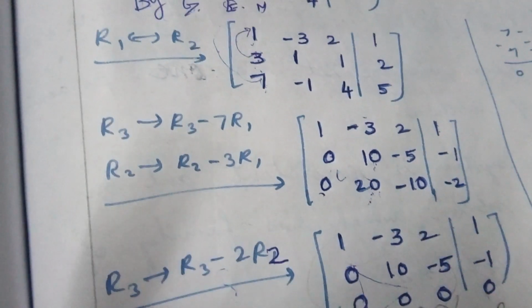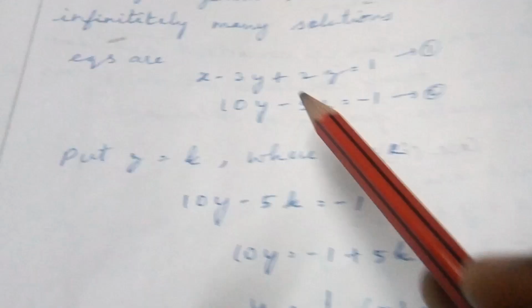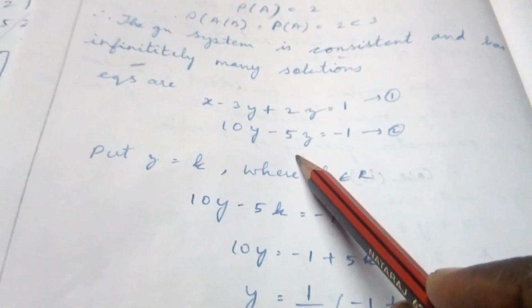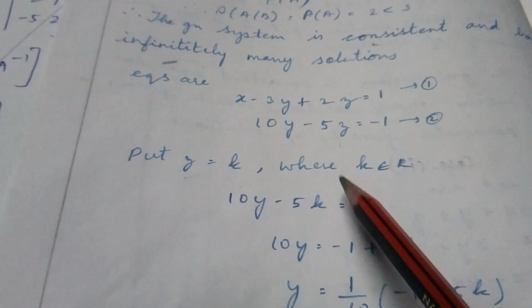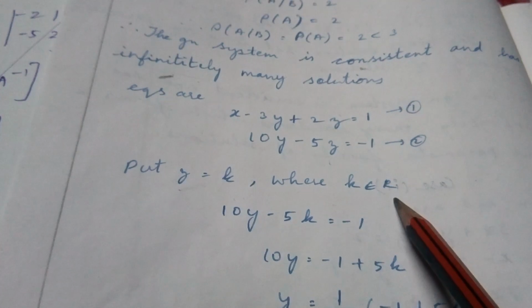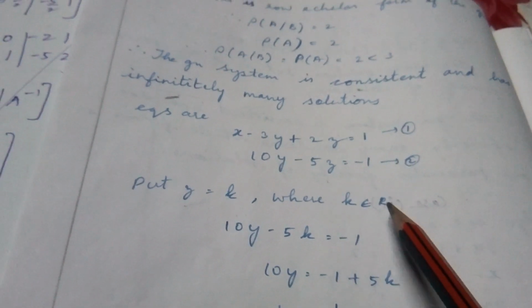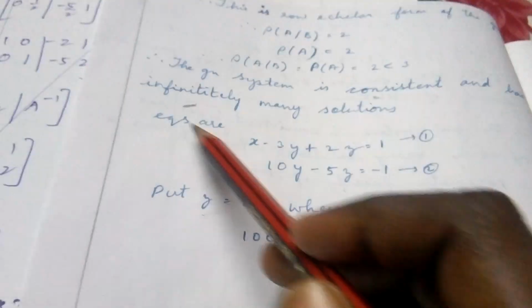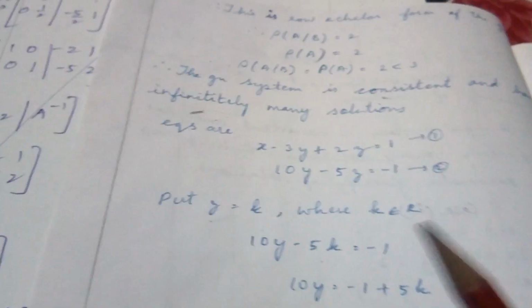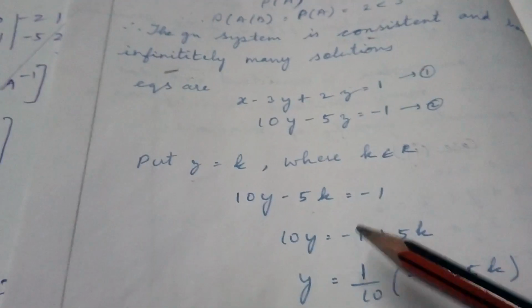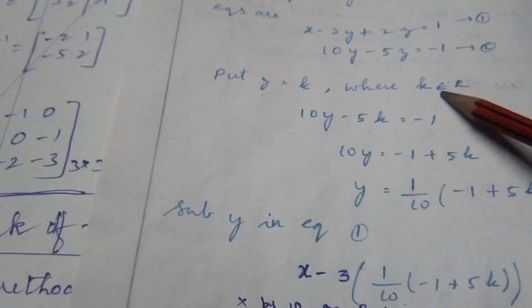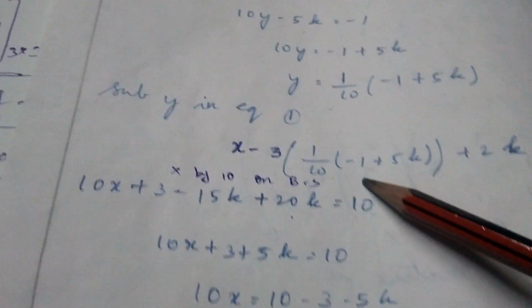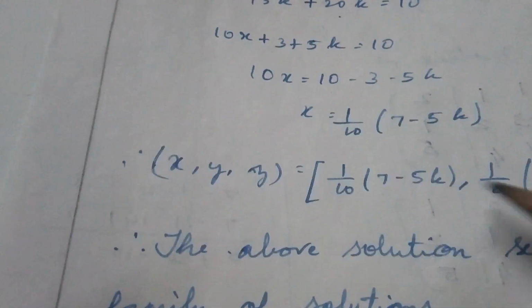Okay, so next, if you finish, take and write that equation. After writing this, here are 2 equations but 3 variables. So we have to consider z equal to k, k belongs to R. R means real numbers. We can take any numbers. So many numbers we can substitute here. That's why I'm telling you infinitely many solutions. Is it clear? Okay, now after finding y, substitute k for z and y in equation number 1. That is your x, y, z answer.